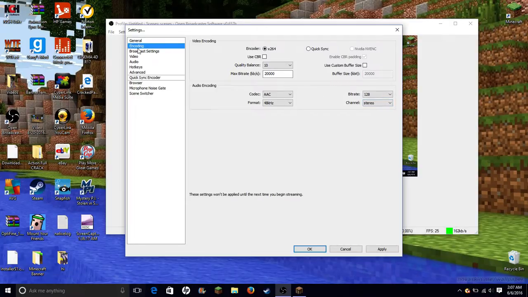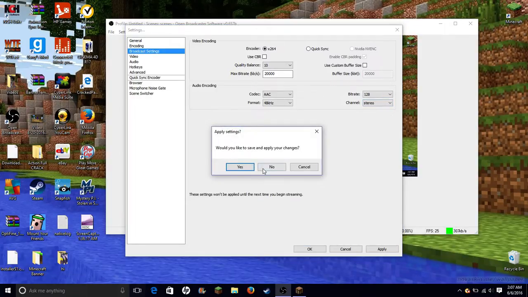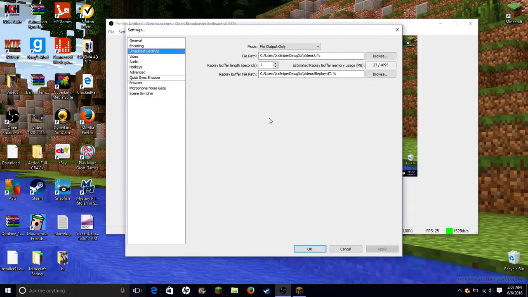That's what you keep. Now go to your broadcast settings, and I'm just gonna click no because I want to make sure I didn't change anything. You have file. You change this to file output only. Sometimes it'll be on live stream, but change it to file output only if you want to record videos instead